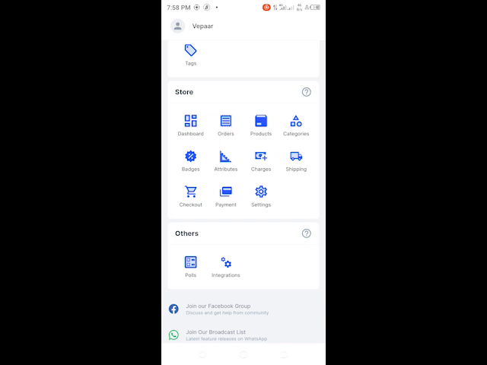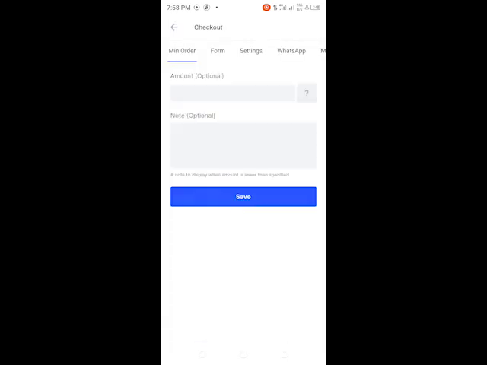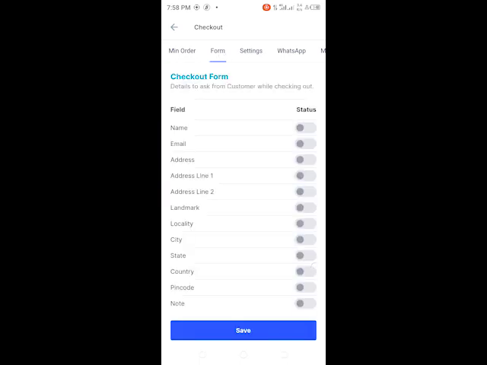But then, let's add the checkout. Now adding the checkout, main order, you don't need this, so just come to form. Here is where you add what the customer should fill out. What details should he keep when he's buying something or placing an order? For me particularly, I'll use the name, I'll use the email. If it's possible, I would have asked for mobile number, but since there's no option for mobile number, I would